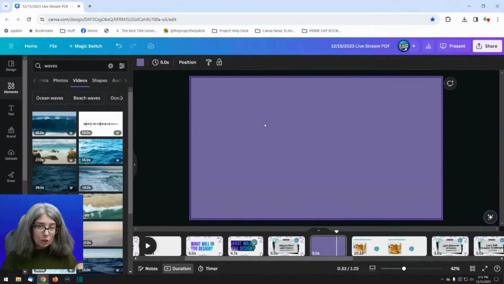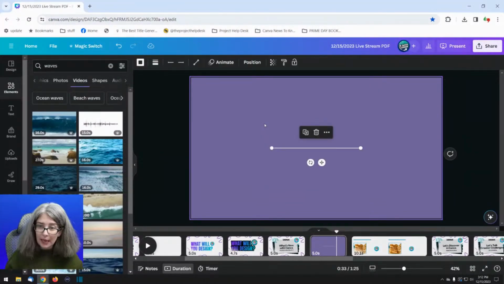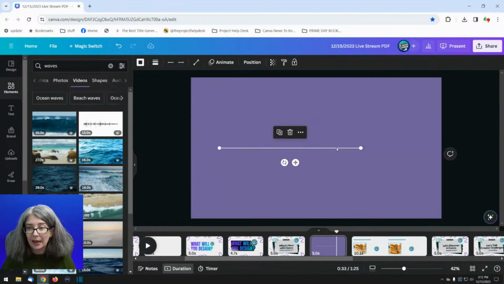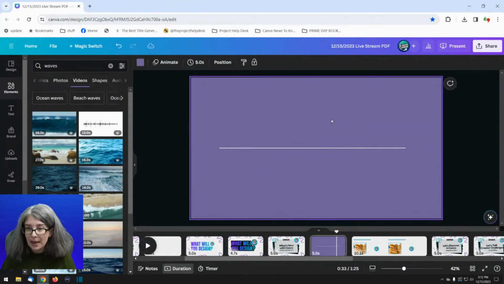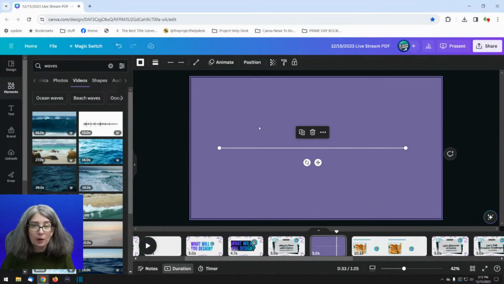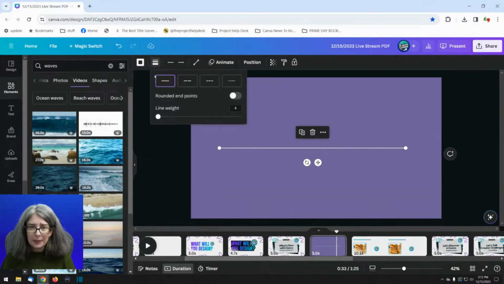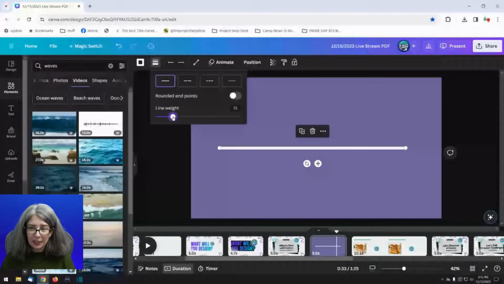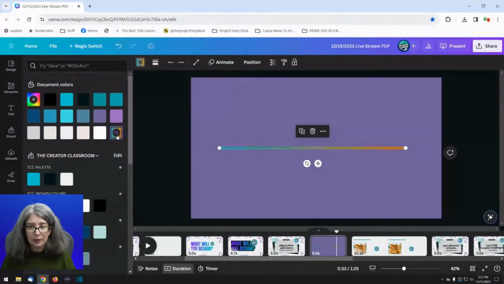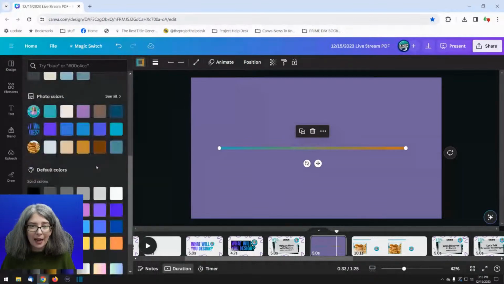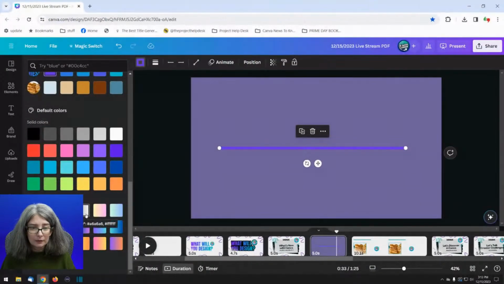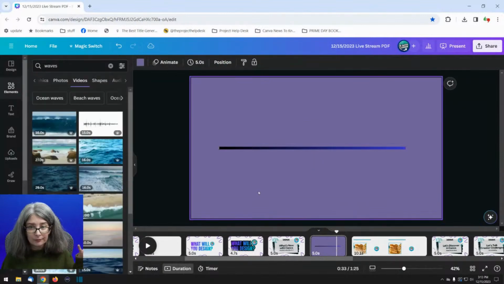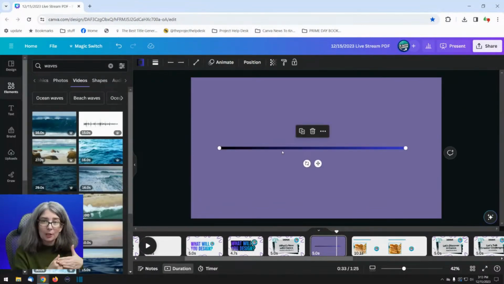The other thing that you can do other than put borders around images and videos is click L on your keyboard to bring up a line. Before, you could not make a gradient into a line unless you brought up a shape. Let me go ahead and make this a little bit thicker just so that you can see it better. And we're going to go to this white and look, we can now make gradient lines instead of having to make a shape and then shrink it down.